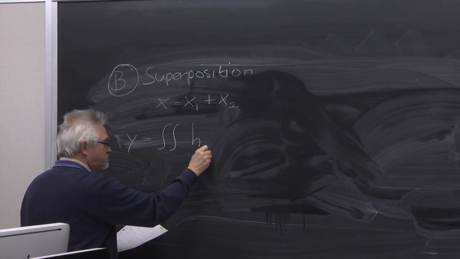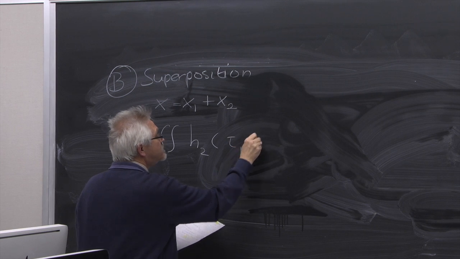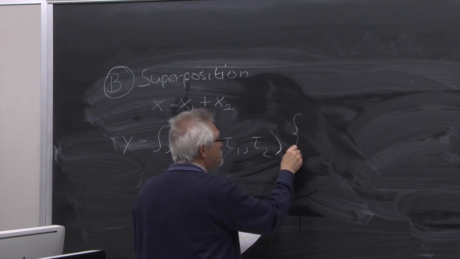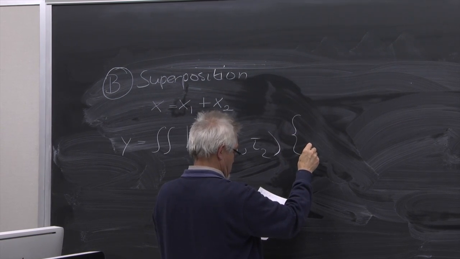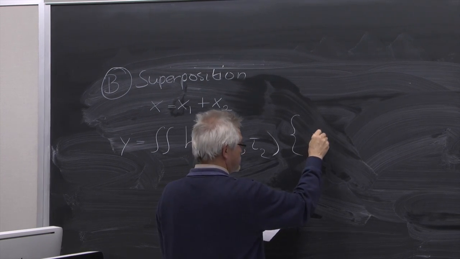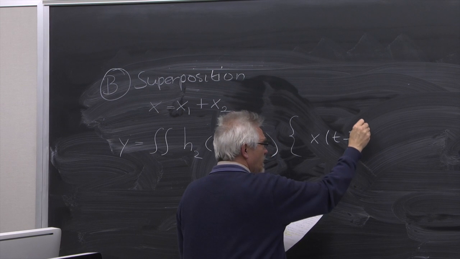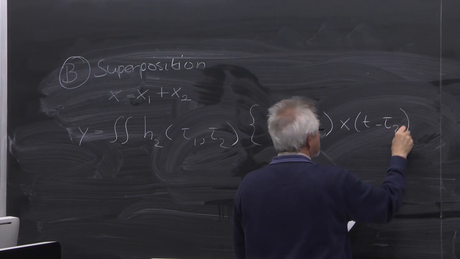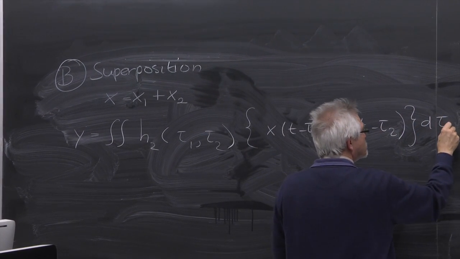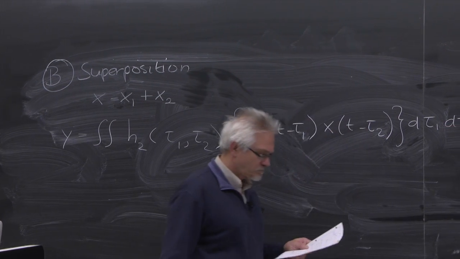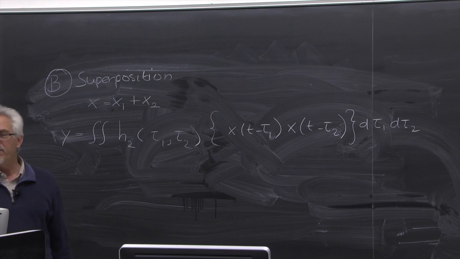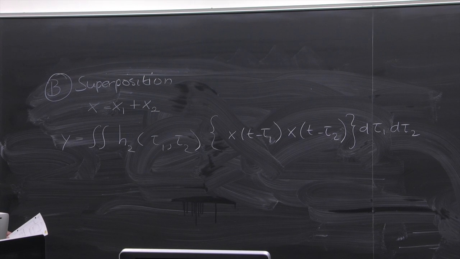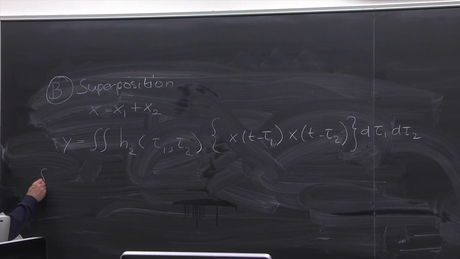There's my double integral. Here is my H2 function. And now I'm going to have to... I kind of wrote this between curly brackets because that's the only part I'm going to continue with. I'm not going to repeat everything. So the part between curly brackets, I can now write as